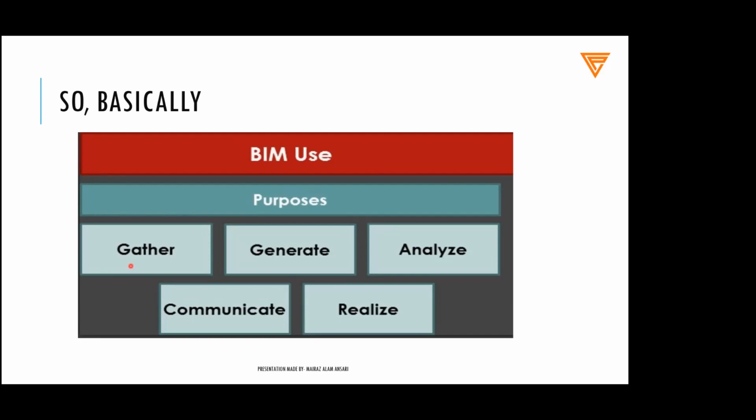So if that is yes, then we will communicate, meaning extract information in terms of sheets, in terms of drawings, in terms of quantity estimation, in terms of material specifications. Whatever we can extract from that particular model, we communicate to the site, and do the actual construction and realize whatever you have created in a virtual environment in the real environment as well. So this is the complete usage of BIM, that is called building information modeling.